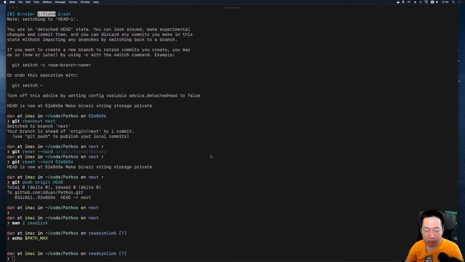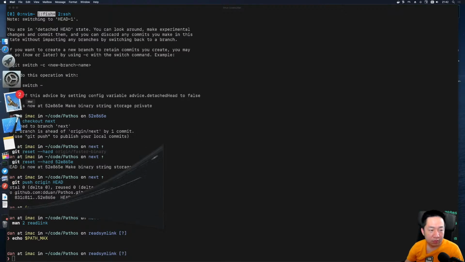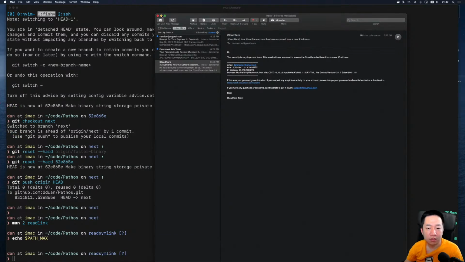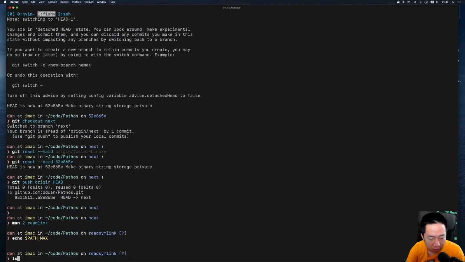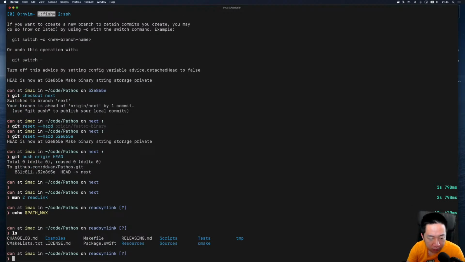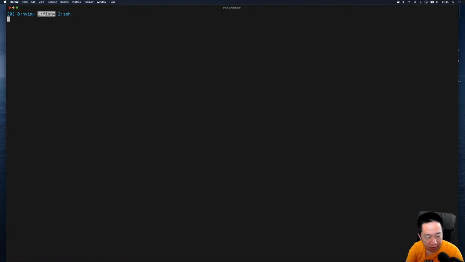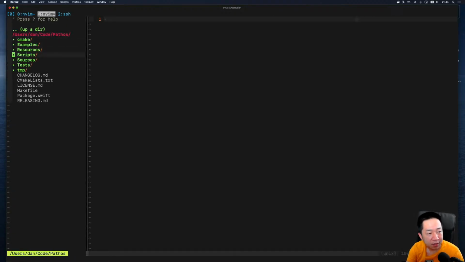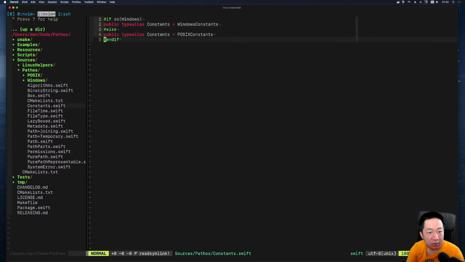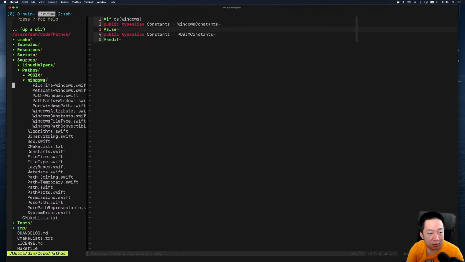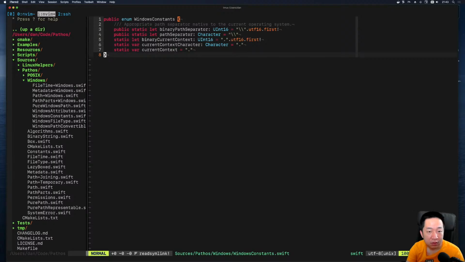Okay, I guess I'll do. Oops, shouldn't show that. Sorry. Let's define those, okay? Because I have a namespace for constants, right? Constants, Windows constants. Yep, Windows constants. Let's just define path max because I know that, for example,